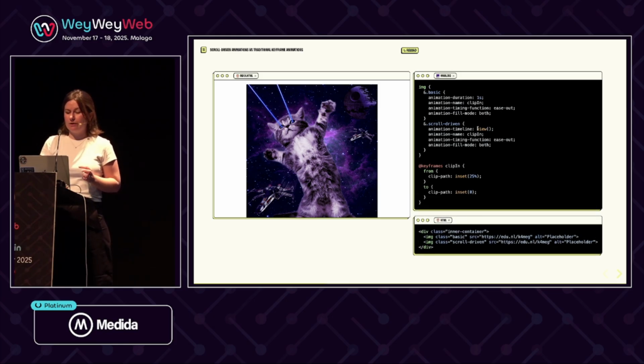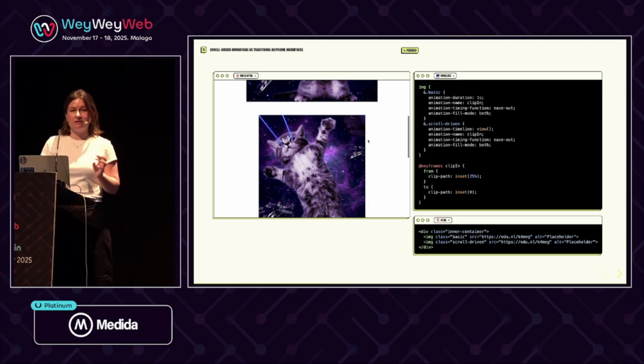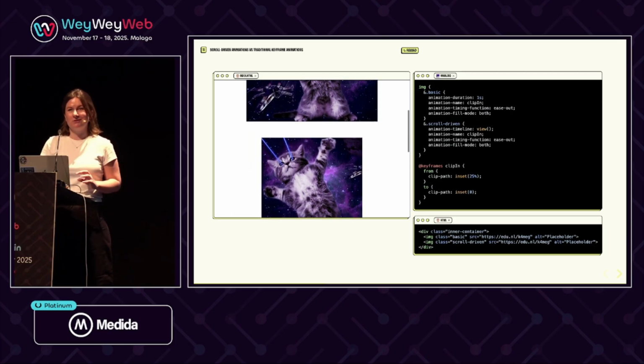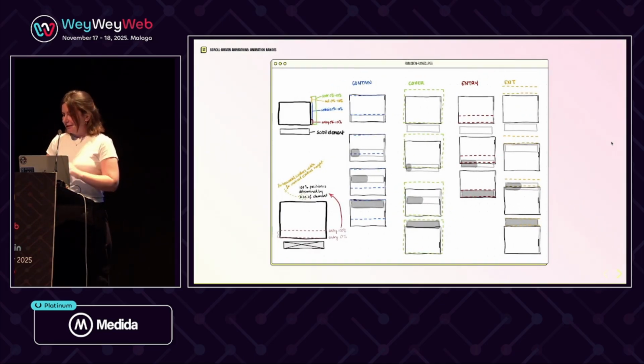But the scroll-driven one, I've changed the animation timeline to view. So the first one is like this, and the second one is now connected to my scroll position. So that's all you need to do to start doing scroll-driven animations. Pretty cool. So we can also add the animation range property to change the start and end values of an